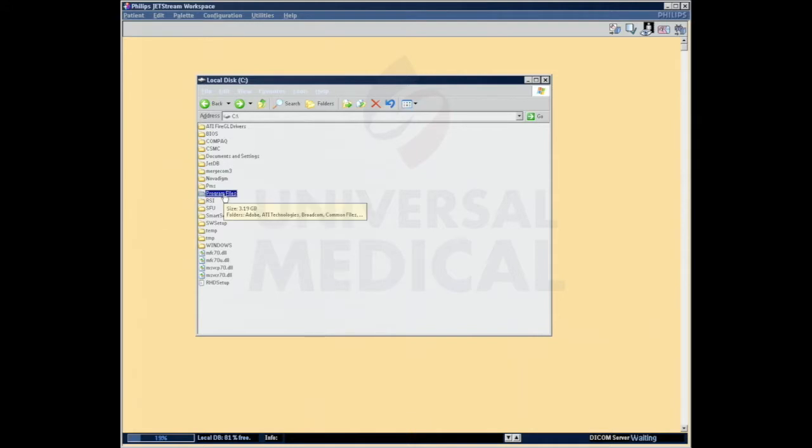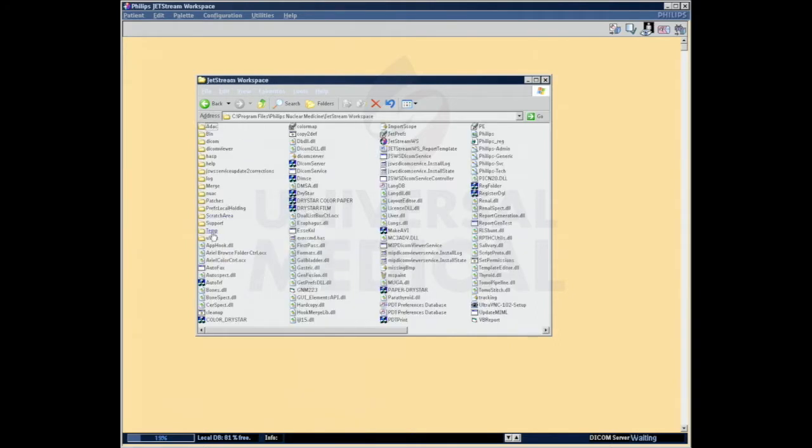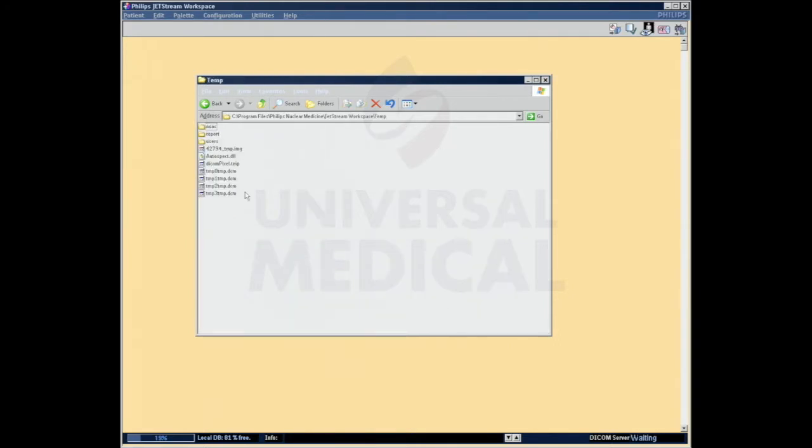If we navigate to the program files, Philips Nuclear Medicine, JetStream WorkSpace, Temp, Report. We navigate to this directory structure, we're going to see a whole bunch of numbers in here. These numbers are actually referring to studies that have had reports generated on them. So if I was to look at the first one,